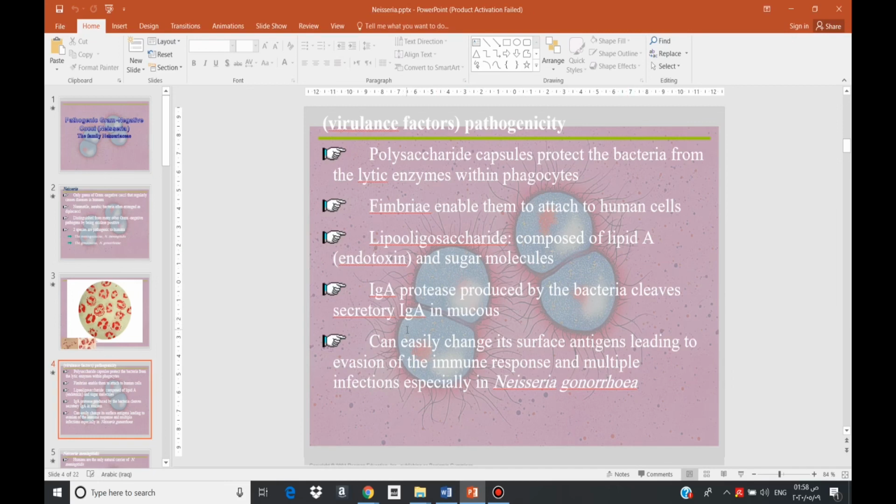lipo-oligosaccharides. The other virulence factor هو ال IgA proteases, which cause destruction of the IgA antibody which is present in the epithelial cells or بالmucous membrane of the human system. كل احنا نعرف انه ال IgA antibody is a first line defense mechanism which is found in the mucous membrane بالpharynx بالgenital tracts. The other virulence factor نسميه antigenic variation، معناته انه البكتيريا have the ability to continuously change